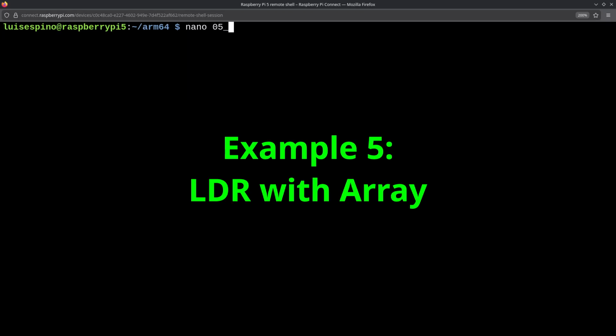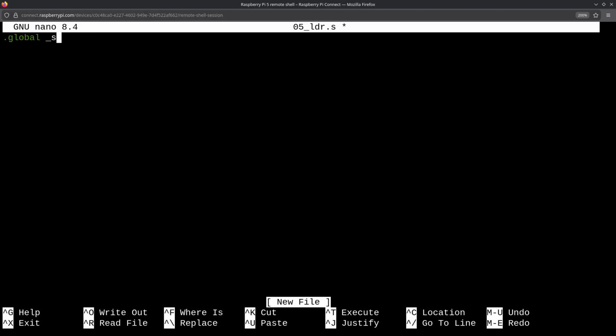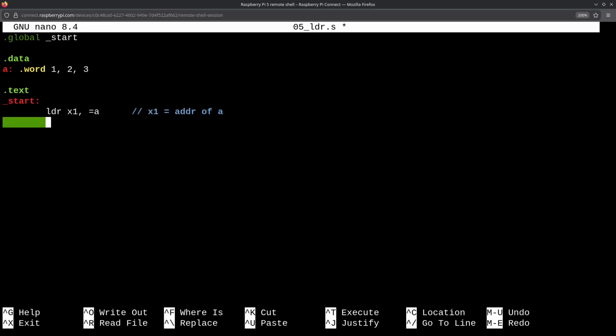In example 5, we will use the LDR instruction, which is load register, using an array. We declare it in data as A with 1, 2, and 3. We load the address of the global variable using LDR x1, equal sign and letter A. We see x1 as a pointer to A. Then we load the first position of the array via LDR, register x0, and addressing via square brackets with x1 inside, then